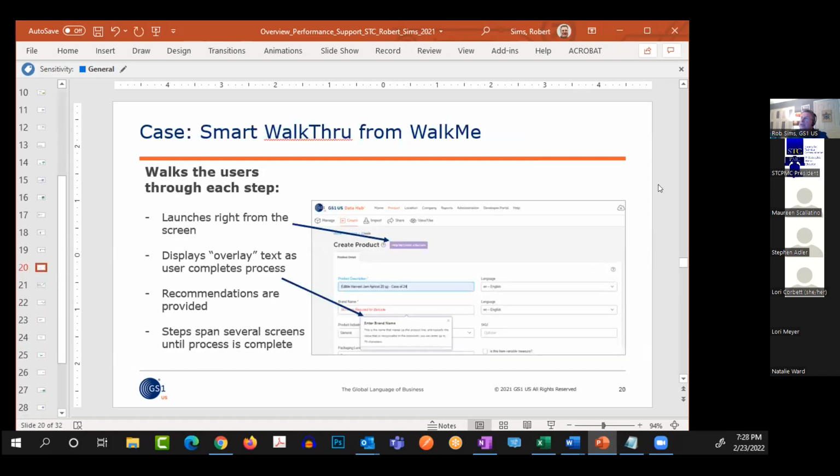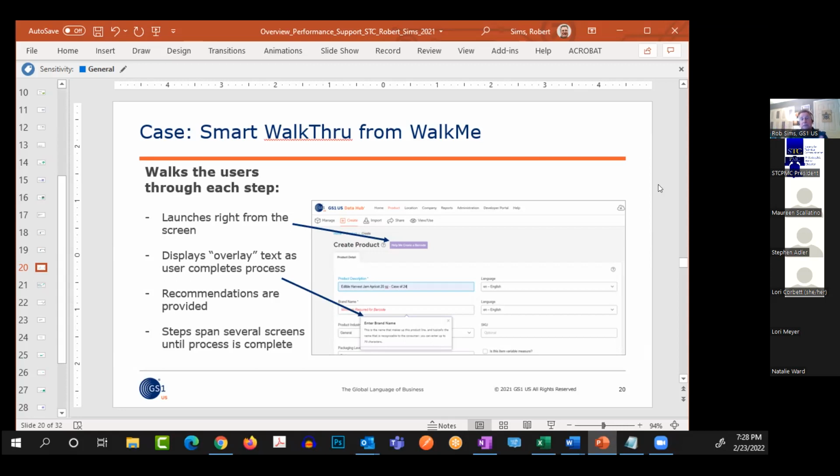This is another one, similar to that variable measure I was talking about earlier. Well, actually, I'll get to that in a second. Let me start with the smart walkthrough. This is the key thing that a digital adoption platform does. The purple button is called, in the WalkMe world, a launcher, and it allows you to set up steps. If a user is overwhelmed and confused, they see a box that says "help me create a barcode," they'll click it, and it will walk step-by-step through all the fields that are required.